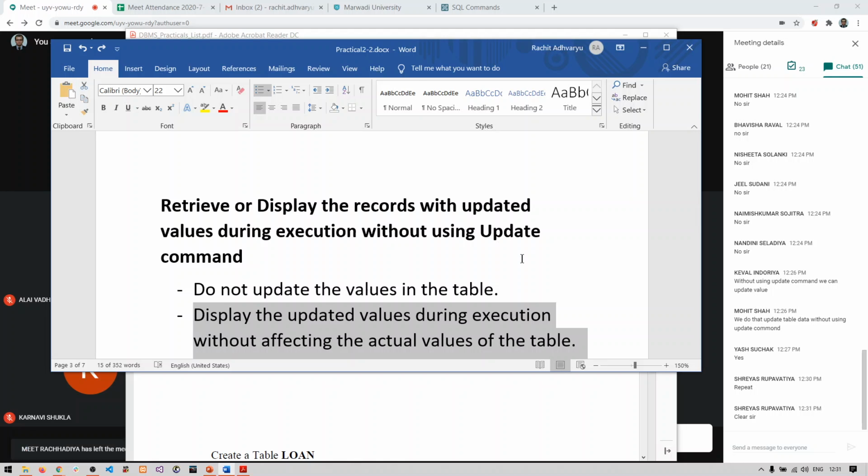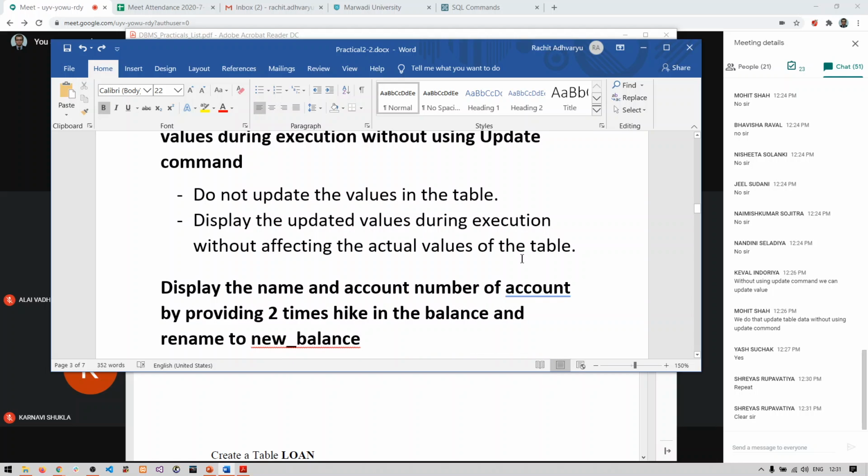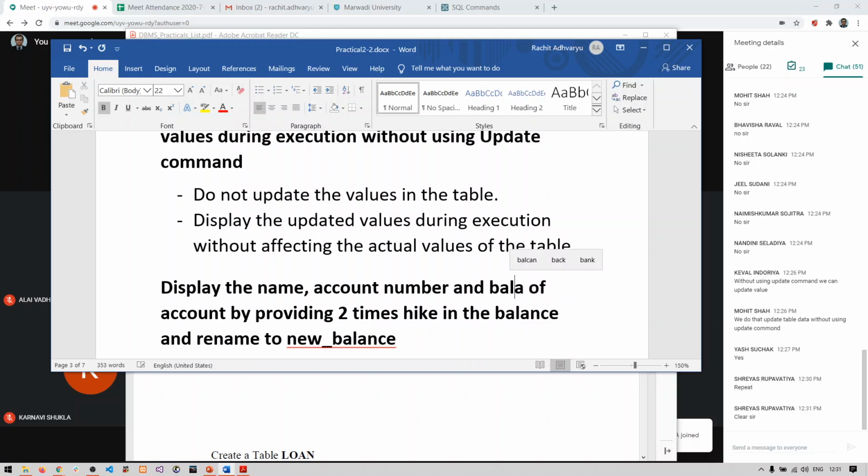Fine. So that is what my question is now. See, the question is: display the name, account number, and balance of the account table by providing a 2 times hike in the balance and rename it to new balance. How many of you understood this question?